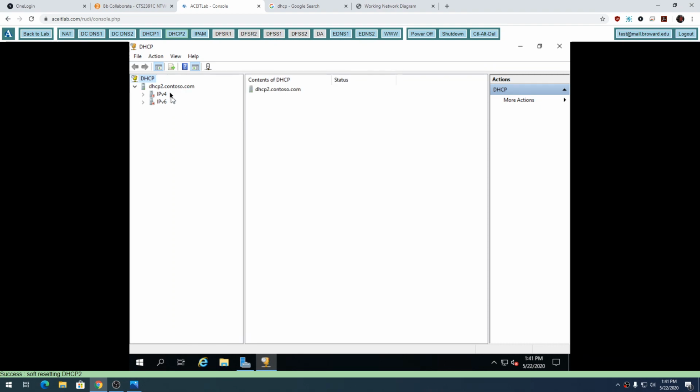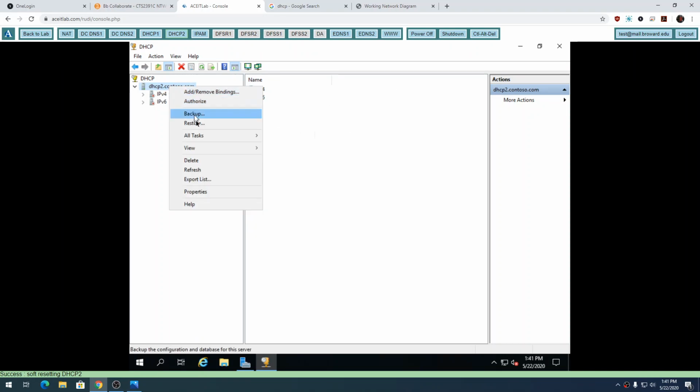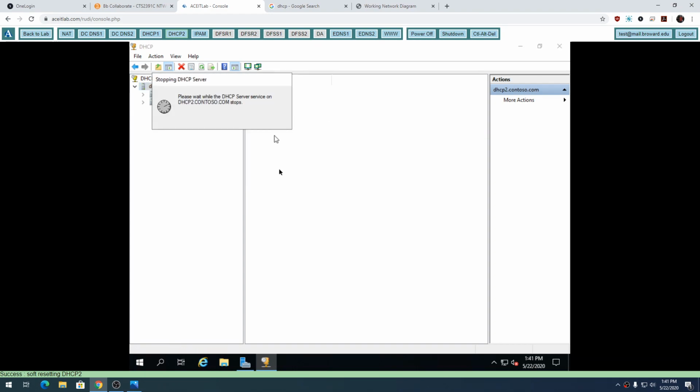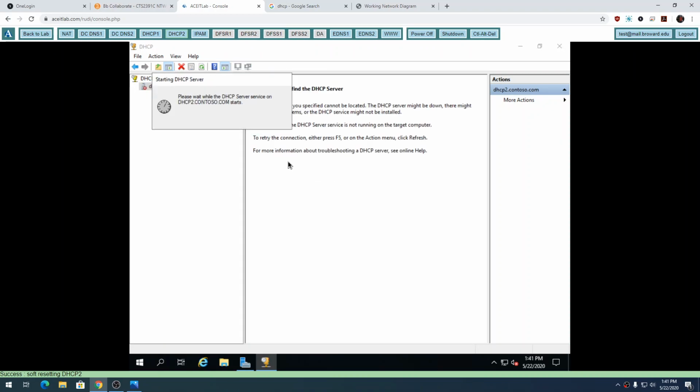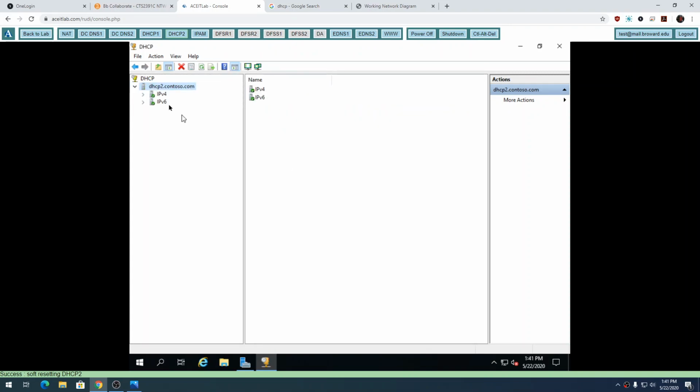I can't help that. I'm going to restart my DHCP service without restarting the whole server. I'm going to right click the server, go to all tasks and say restart. That will just restart this service. Oh, it was authorized. It just needed to be restarted. Okay, so